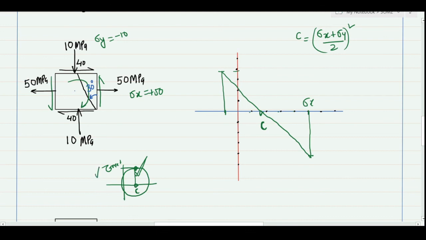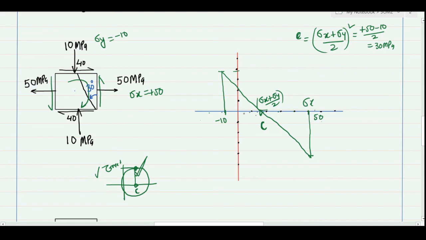And what is the coordinate of the center of the Mohr circle? You will always find it remains (sigma x plus sigma y) by 2, but please keep in mind, here you have to consider the signs. In my case, the center of the Mohr circle will be plus 50 minus 10 divided by 2, that means 20 megapascal. You can cross verify here. This value is corresponding to minus 10, this value is corresponding to 50, so the total length will be 60 and the center will be half of 60, that means 30. So 30 from this and 30 from this.